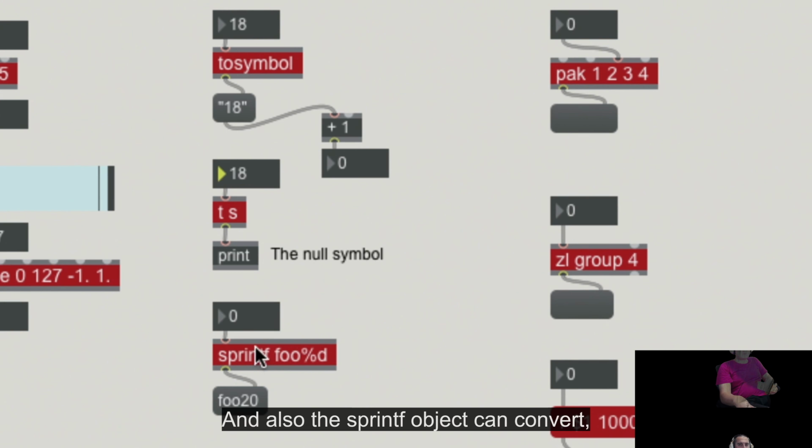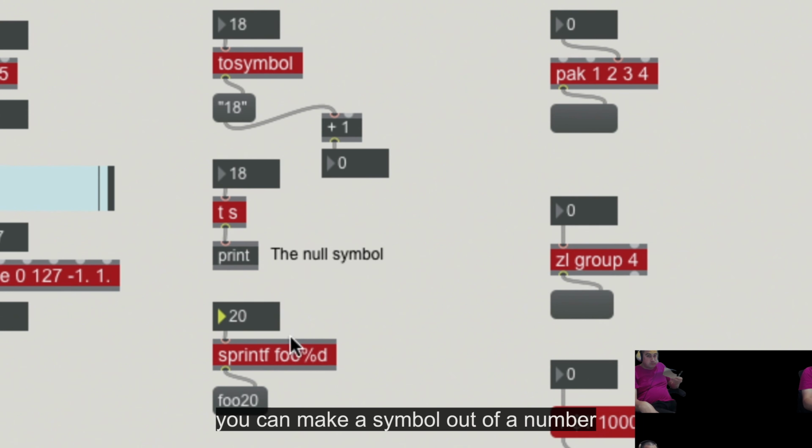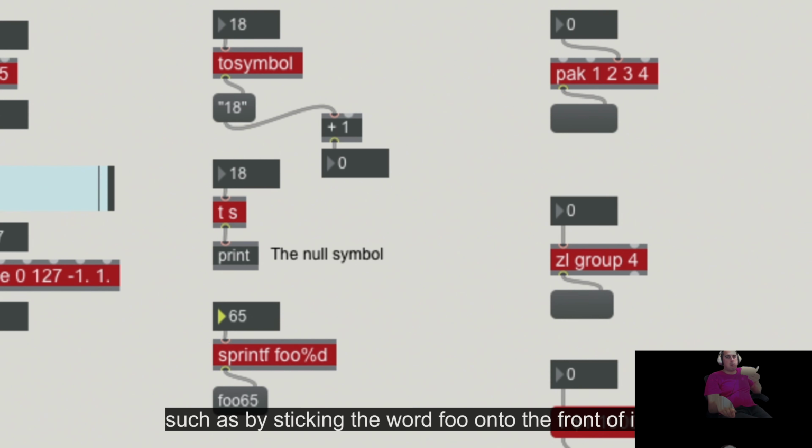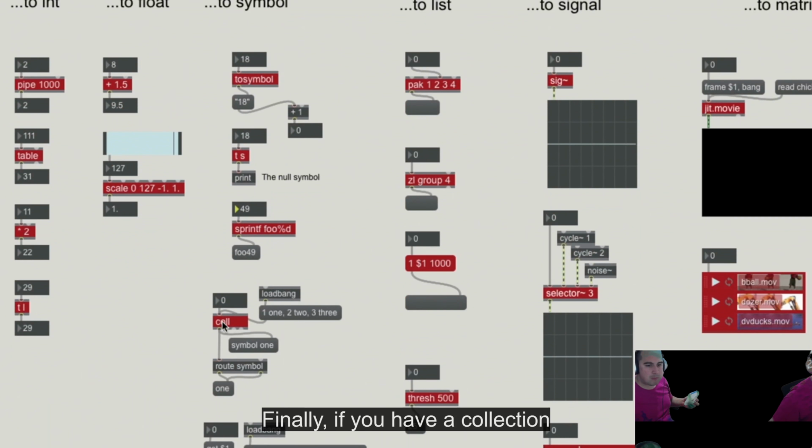And also the sprintf object can convert, you can make a symbol out of a number, such as by sticking the word foo onto the front of it. Finally, if you have a collection whose keys are